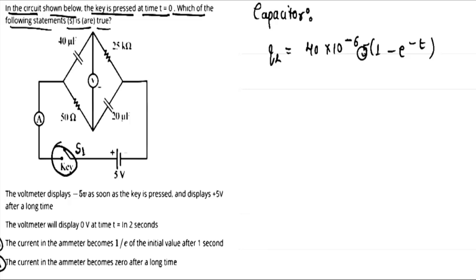So q1 is equal to 40 into 5, that is 200 into 10 to the power minus 6,